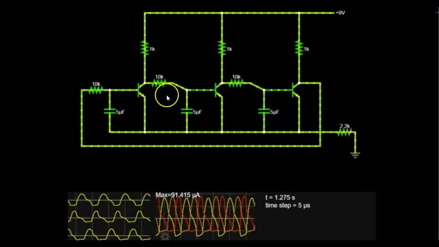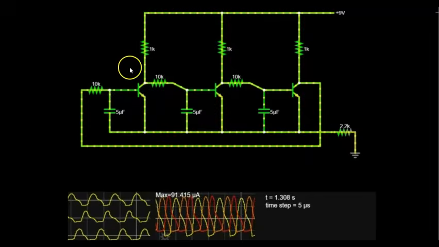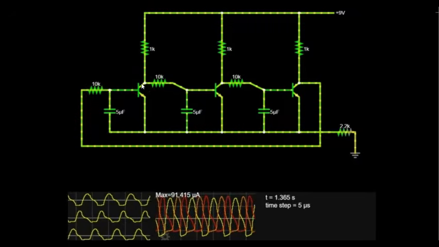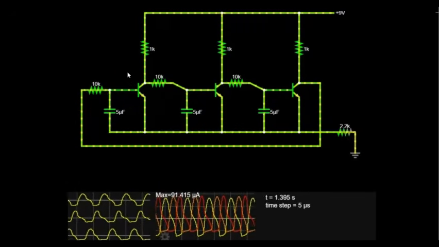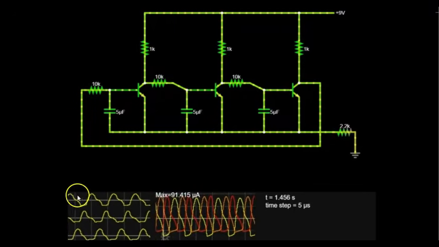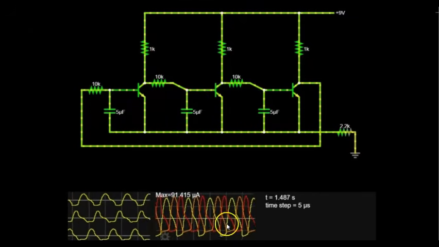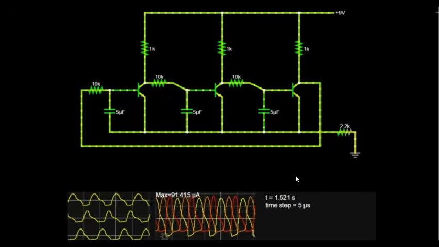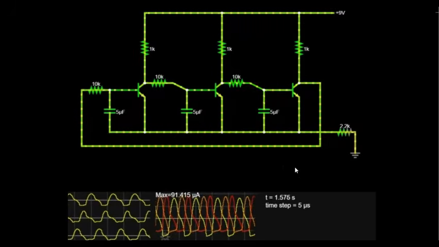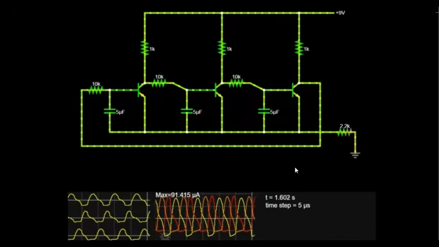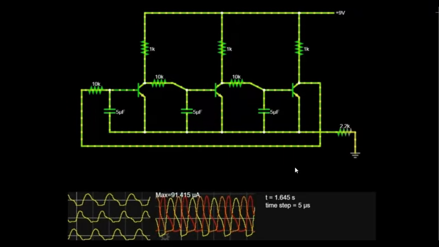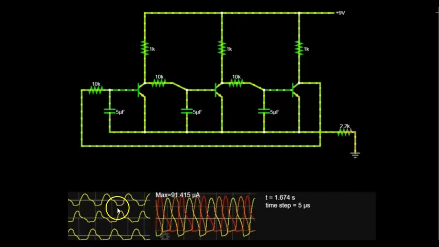So the conduction keeps rotating continuously: transistor 1, then transistor 2, then transistor 3, then back again to transistor 1. Each transistor is always chasing the previous one, creating a rotating sequence. That rotating sequence is exactly why phase rotation appears in the circuit. Since all 3 RC sections are identical, each section introduces the same delay. And because one complete cycle is divided equally into 3 parts, the total 360 degrees naturally splits into 120 degrees per stage. That means waveform 1 appears first, waveform 2 follows approximately 120 degrees later, and waveform 3 appears another